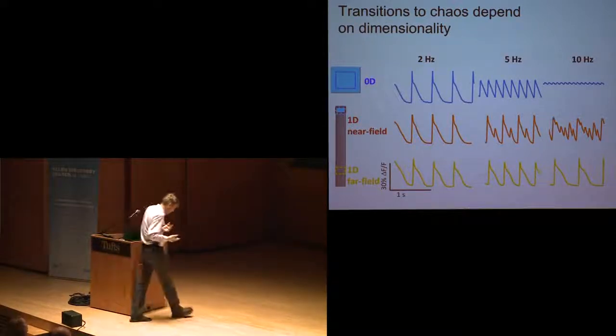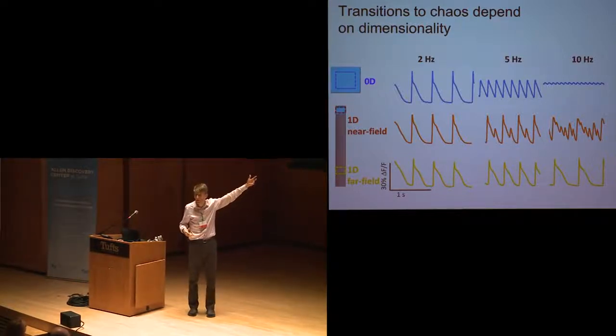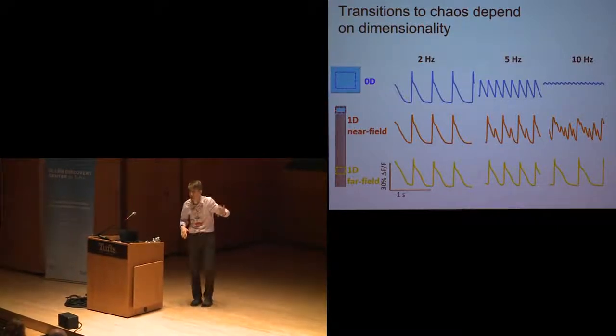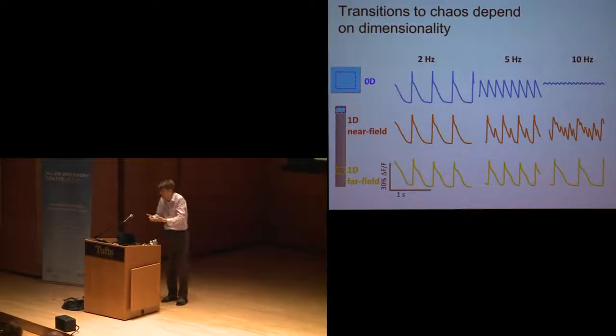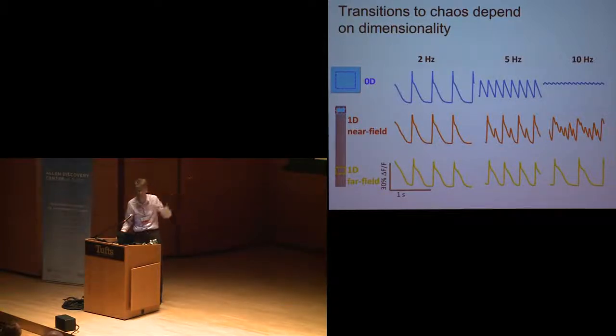And they're suggesting that there are interesting geometrical effects which are important in the regularity, totally independent of the things that we usually think about, which are the patterns of gene expression and the details of the ion channels. All of the cells here have exactly the same ion channels in them, and the only difference between these different situations is the geometry and the boundary conditions, which then govern what kind of dynamics you get.